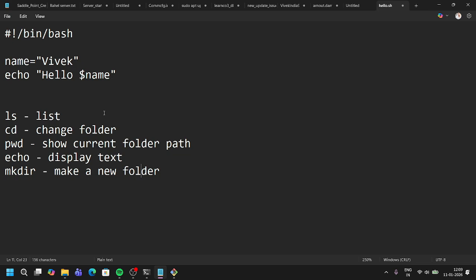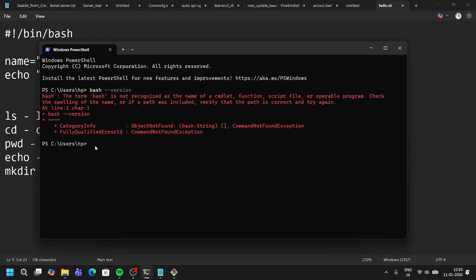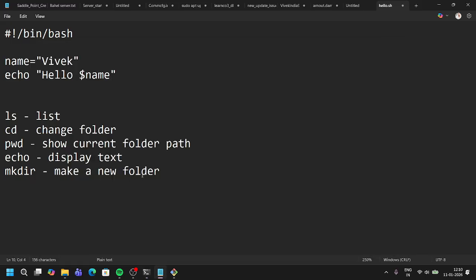Similarly, we can make decisions in this, and we can write functions here. We can do lots of things. We already saw that ls means it will show the list.